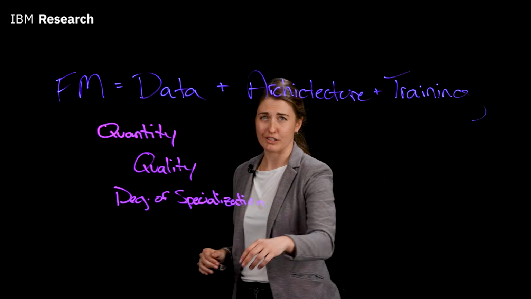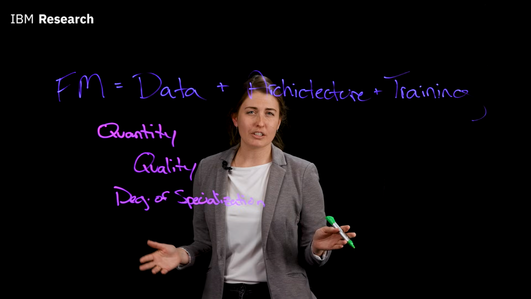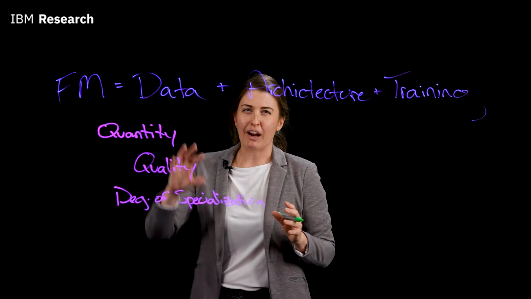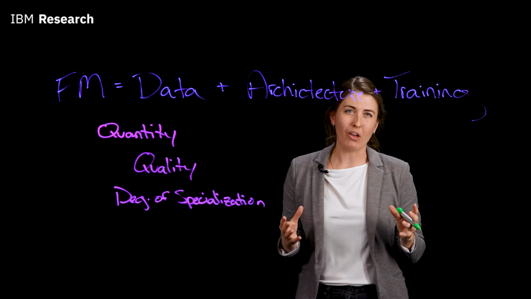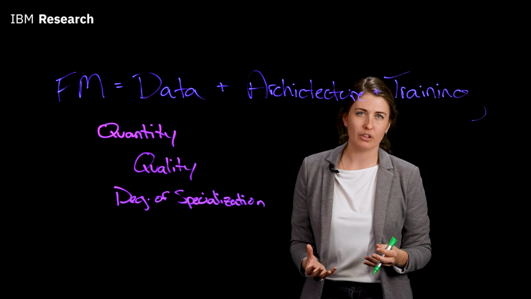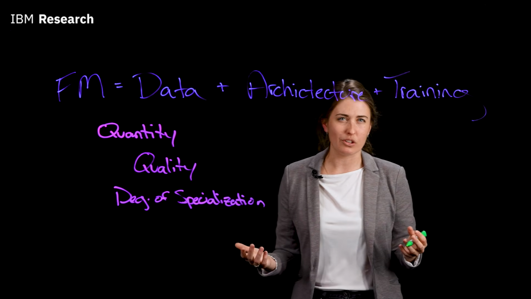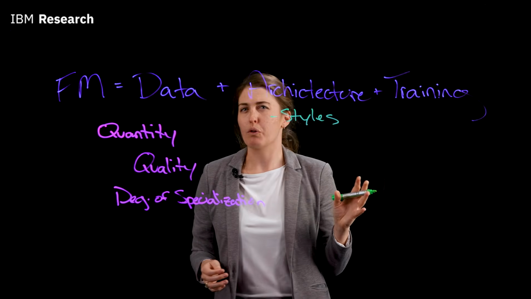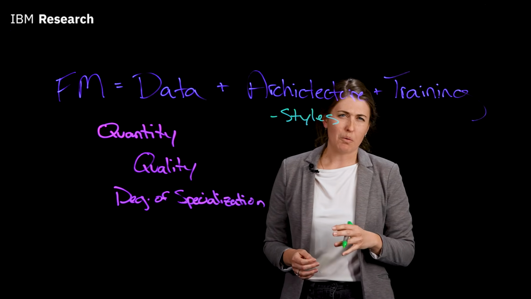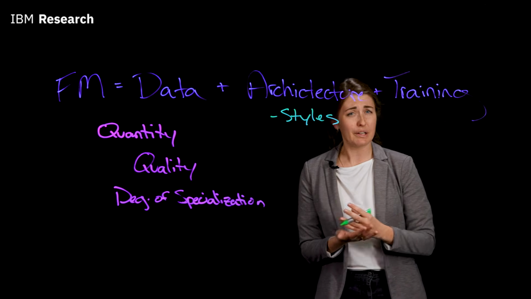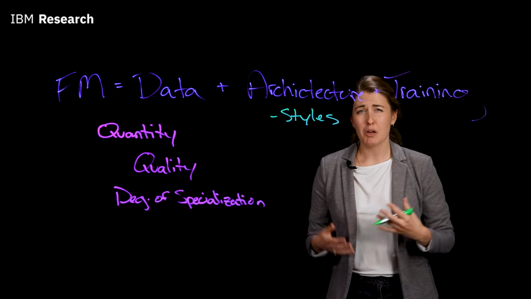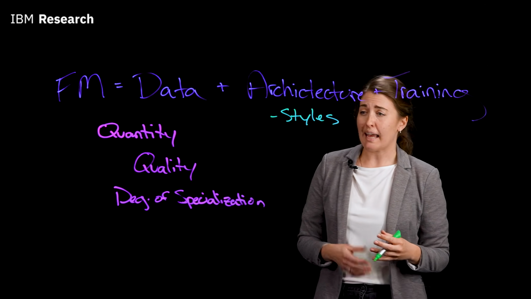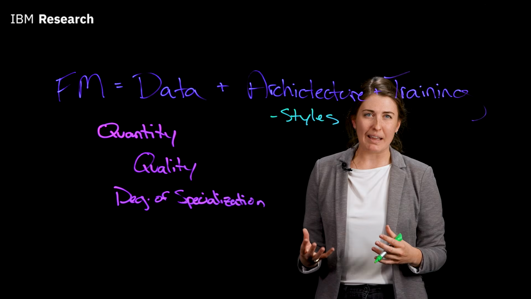Now let's talk about architecture. On the architecture side, we think of architecture as a blueprint for how this data gets encoded into the model. And there are different styles that have emerged that have different advantages. One of the styles is a decoder-only model. This is, for example, GPT-3. These models are really performative. They're really powerful, but they're also very dense. Whereas we have other models that have emerged, such as encoder-decoder models that are much more lightweight and efficient.